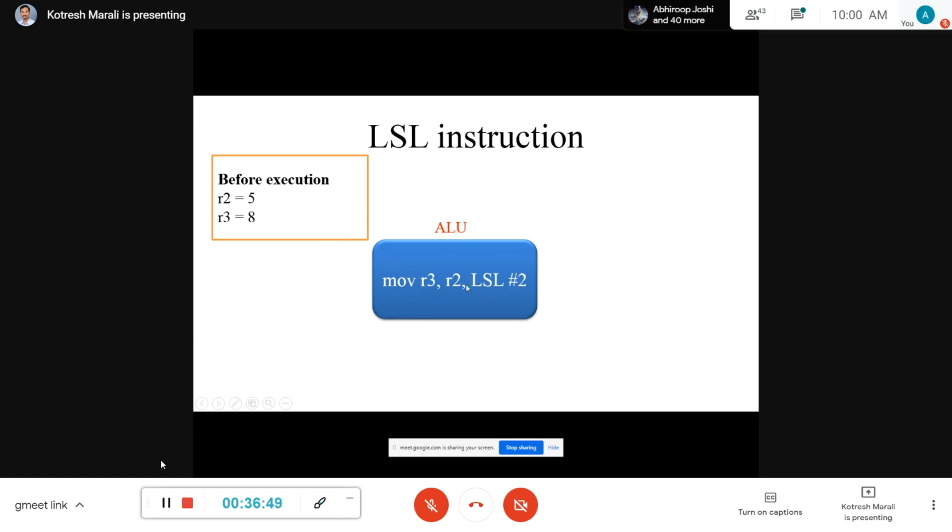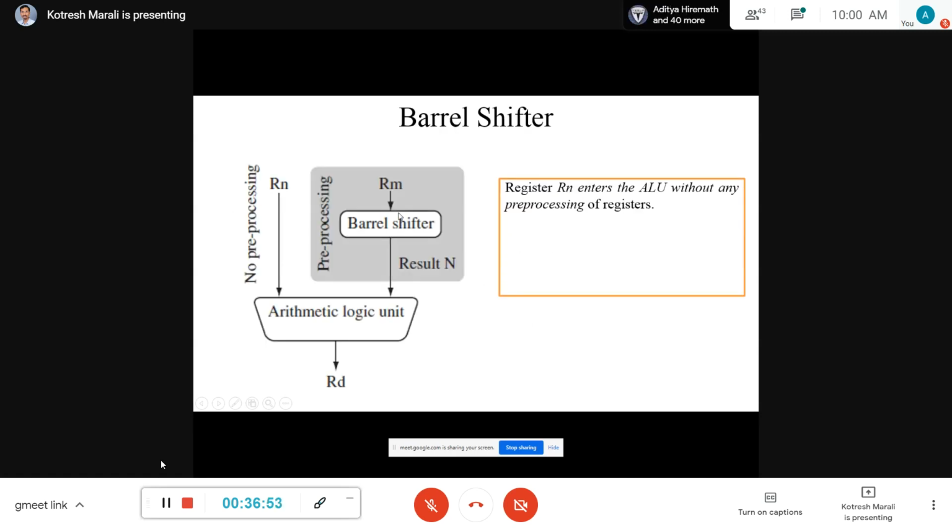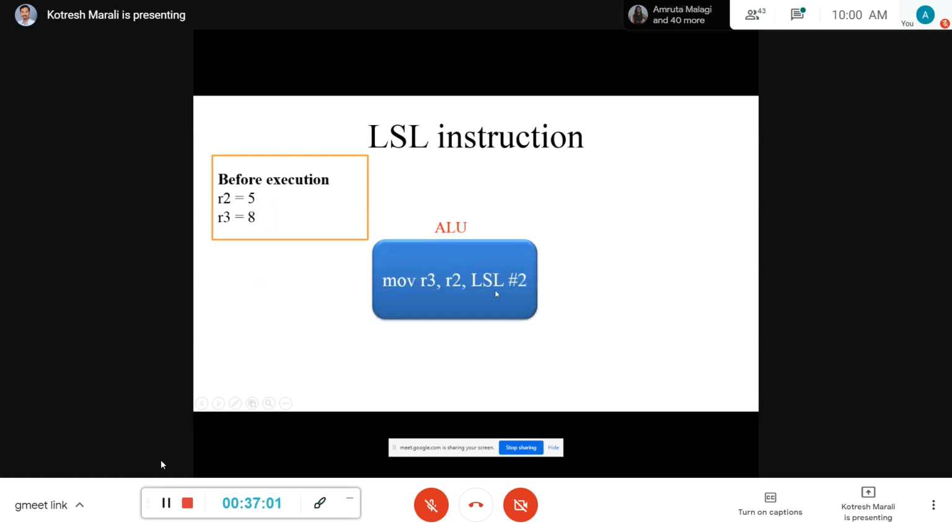This R2 is sent to the ALU, but before sending to the ALU, it comes to your barrel shifter. The value of the second register is 5. Within this, the operation I am trying to perform is to left shift the value by 2 times.